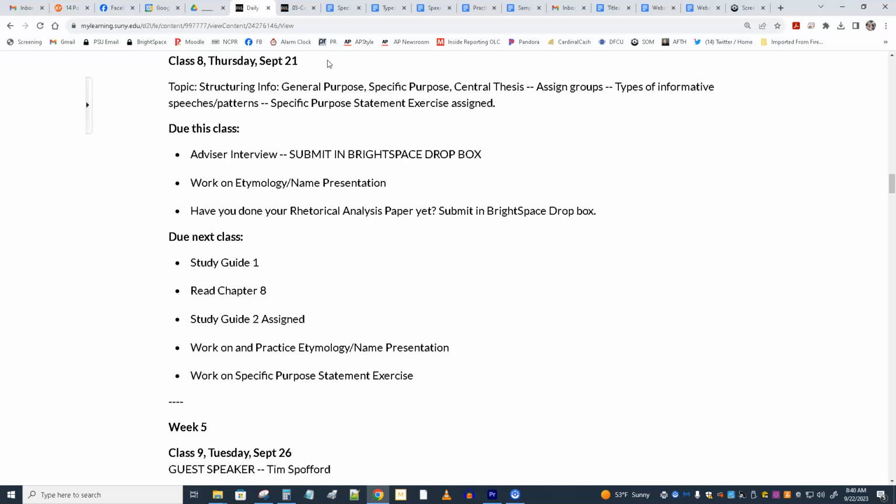Also, let's look at the schedule briefly and say this was an important class, as they probably all are to some degree, but there were a bunch of handouts. You'll see six or more things attached to the email you're receiving. You really need to review them all, as we did in class. So we looked at what was going to be due and so on. The advisor interview was due. Please get it in as soon as you can.